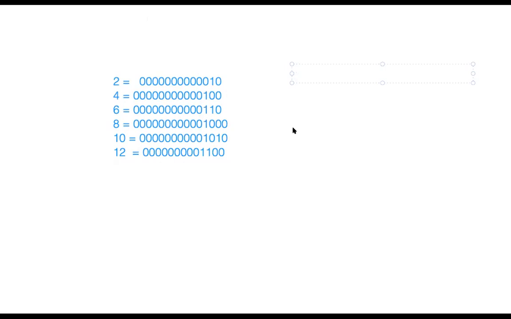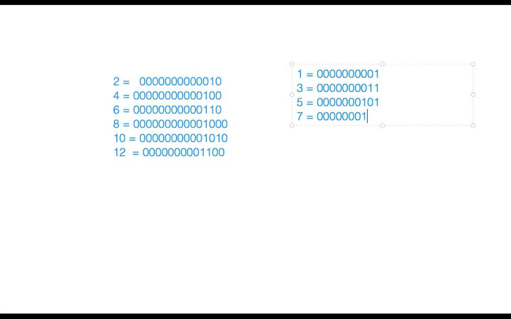Now here I am writing odd numbers. Take the example of odd number 1, so it is 1. 3 is 1 1. 5 is 1 0 1. 7 is 1 1 1. 9 is 1 0 0 1.